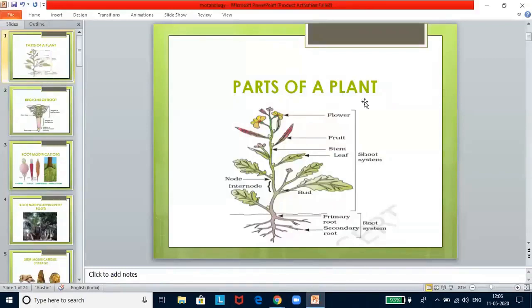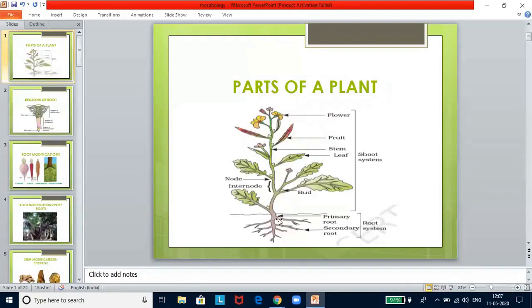Now, if you look at this parts of a plant, this is your diagram from the text. They might not ask you fruit, but definitely they will ask you a flower. But definitely they will ask you to identify a fruit, because it does look a very little odd and it does not confine to the fruits what you have seen. Node and internodes are very important. There's minute thing bud. So this is very, very important. So please make a note.